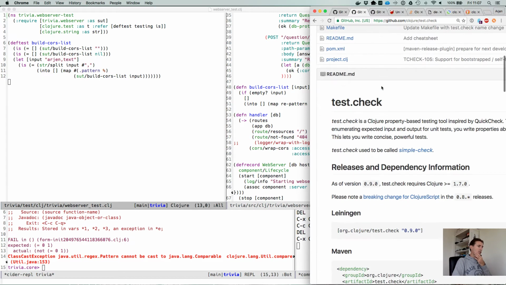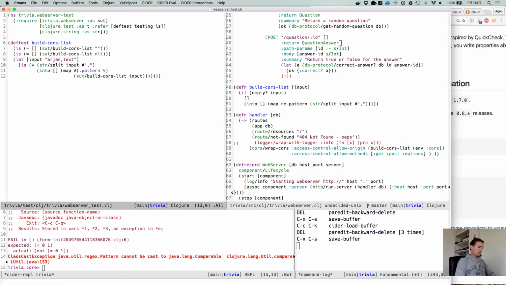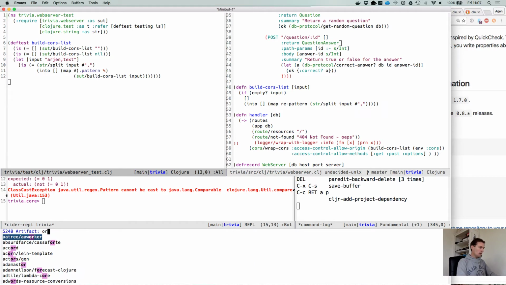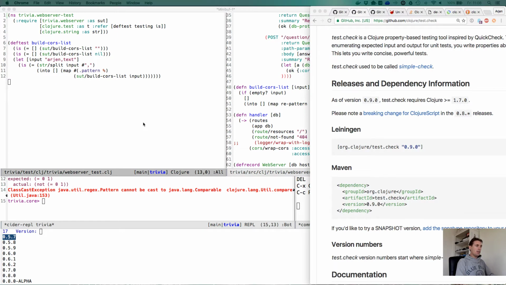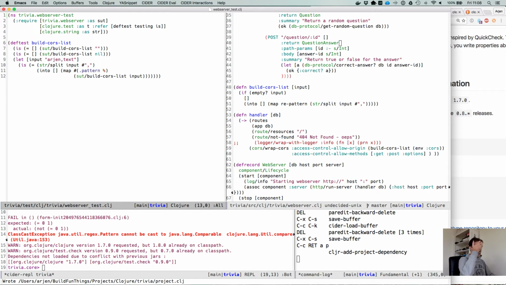All right, so we'll get to mocking later. Quick check for Clojure. It's actually a library, so let's add it. org.clojure.test.check, and there's also generative, which we might need, 0.9.0. That is the latest one. So it is added,